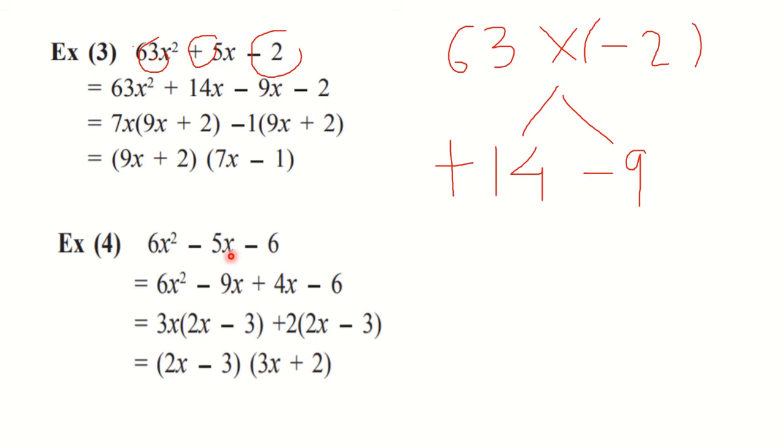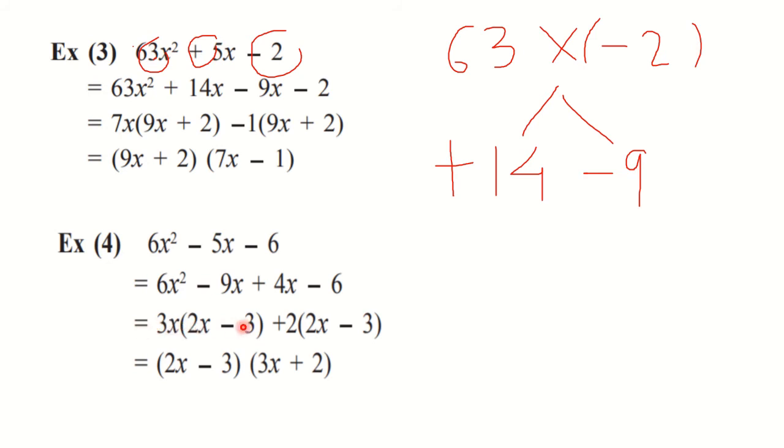So here, this minus 5x is split as minus 9x plus 4x. Then the next steps are similar. Here you have to take out common and here you have to take out common. So see, 6 and 9 come in the table of 3 and x is there. So 3x we will take out common. So inside the bracket you will get 2x minus 3, because 3 2s are 6 and 1x is taken, so 1x is remaining. So 2x from the first term is remaining and 3 3s are 9, so 3 from the second term is remaining. Take the sign the same.